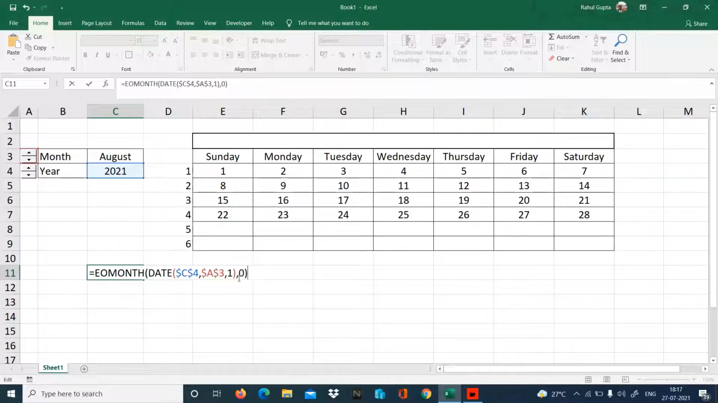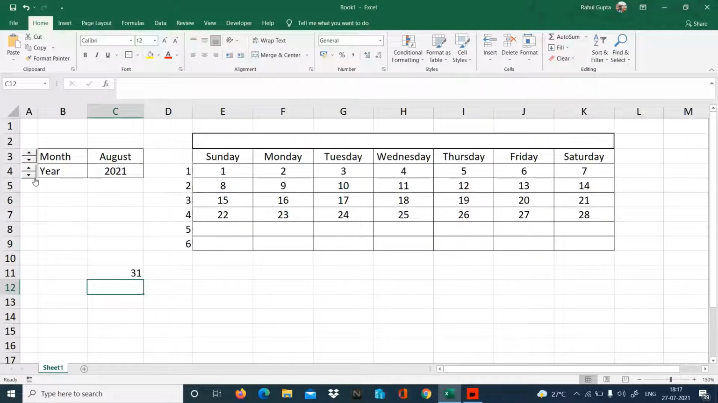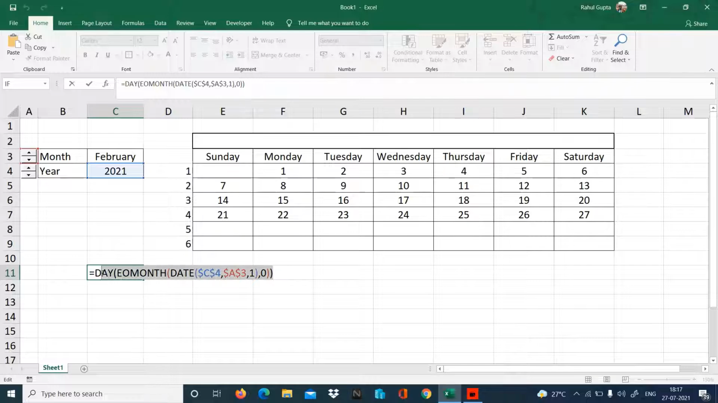If you do not know this syntax, please go to the last video and check the EOMONTH which I have told. This is going to give me the last date of the month, but I require the day, so I'm going to make a day and let's close. So finally we have a function prepared which is going to give me the last day of the month. Here we got 31 because it's August, September 30, October 31. If I move to February, it's 28. So kind of. Now let's select this whole function